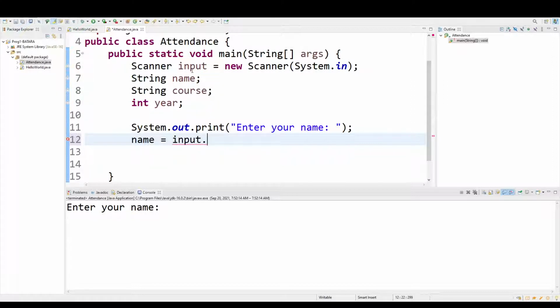So, you have a lot of functions here. So, you just look for the appropriate ones. So, for this one, you have nextLine here, String, sabi niya. So, kapag string, string nga naman yung name, diba? So, we're going to use nextLine. And then, put your semicolon, very important, and then enter. So, if we're going to have this one,